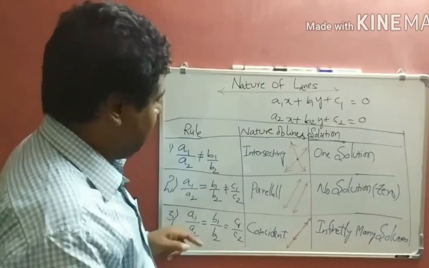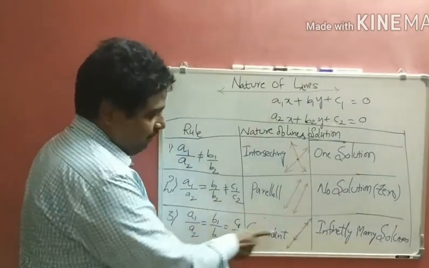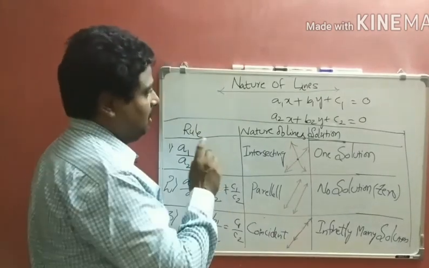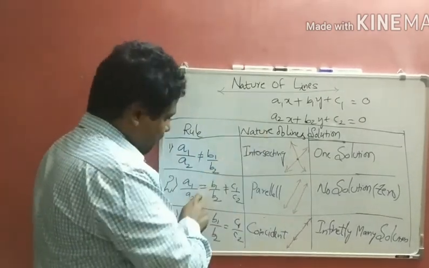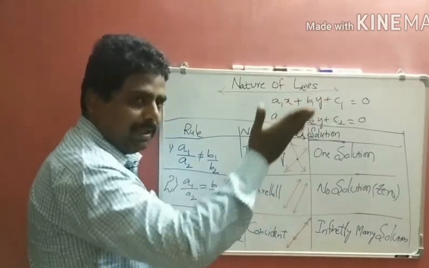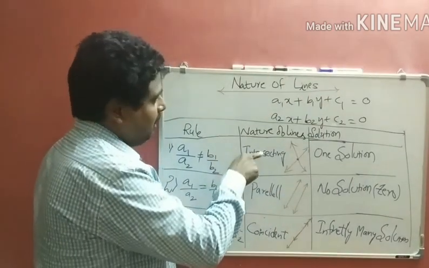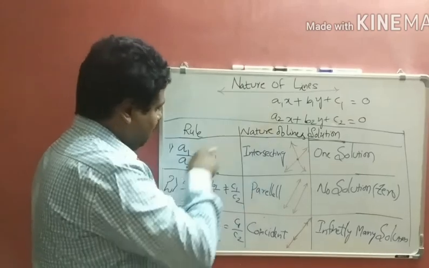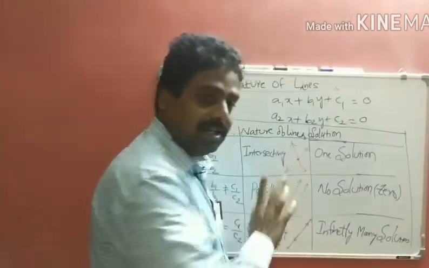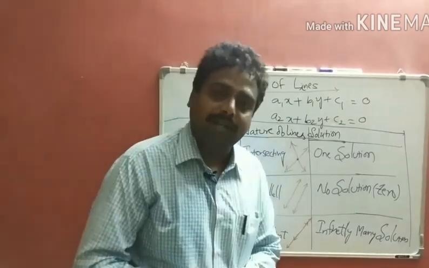If we draw the two lines for this case, we get one line and another line, both coincident. In the parallel case, both lines are not intersecting, just simply parallel. If you draw the pair of linear equations on a graph for the first case, we get intersecting lines. By graph itself, we can find the solutions. By method itself, we can find the solutions.